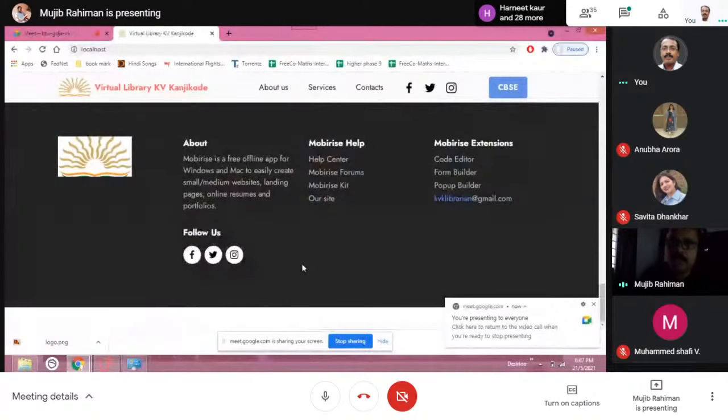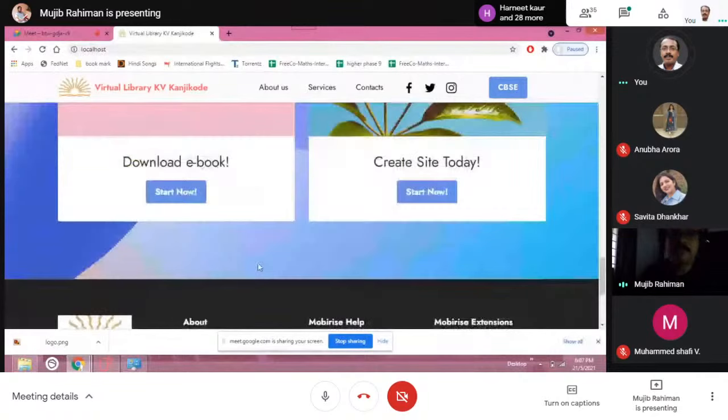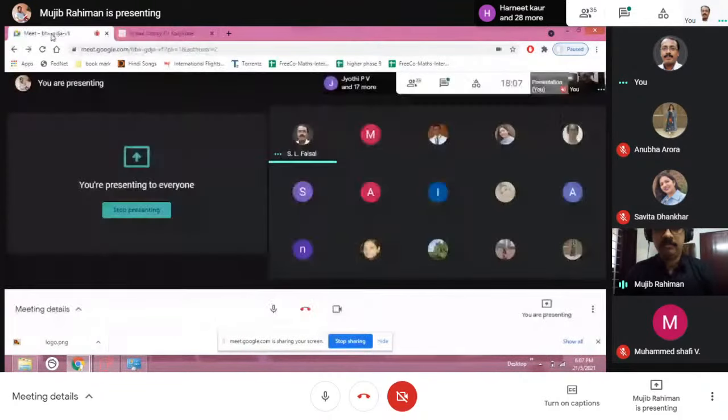Other areas you can remove. Wherever Mobirise is there, you can edit and remove it. They give full freedom for that. So there is no issue. And for those who are